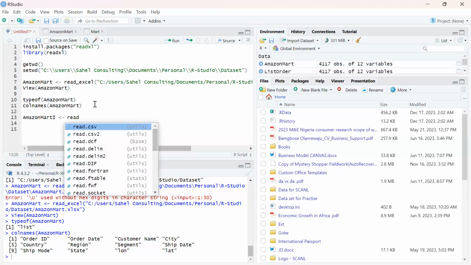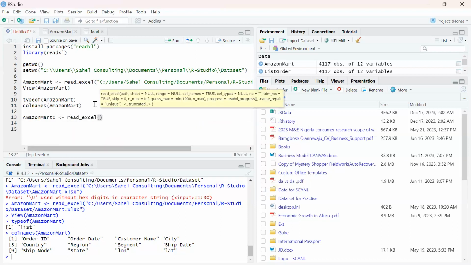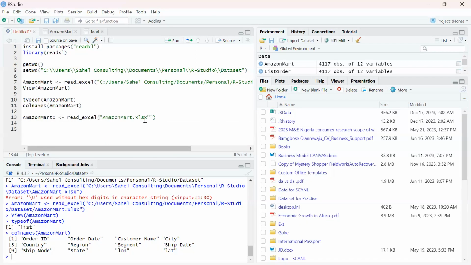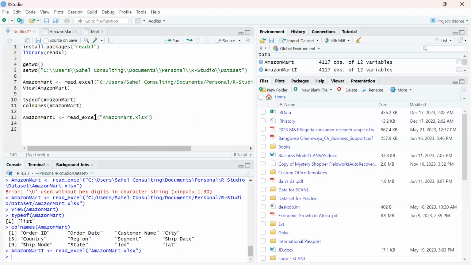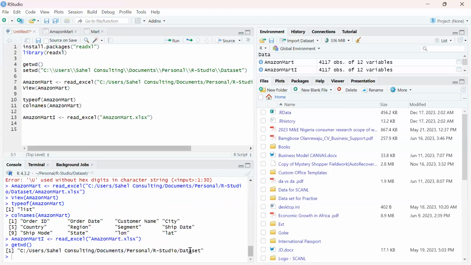Say read underscore Excel. You can see that it's run this time around because our working directory is already where